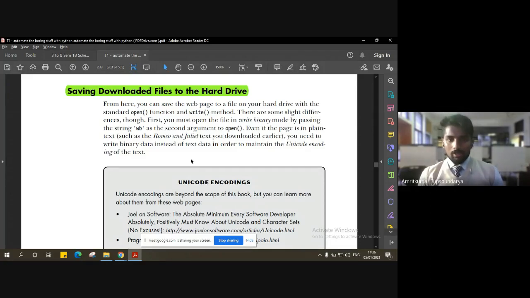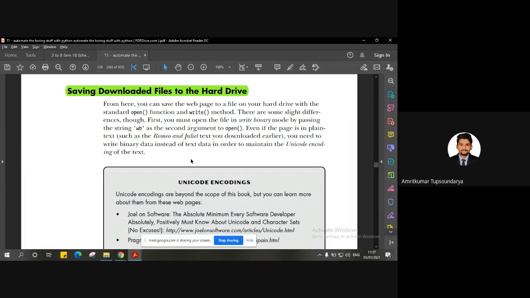Can we automate this is what we are going to see under this topic, saving the downloaded files to the hard drive. It might make use of some reading operation, some writing operation, opening a particular file, closing a particular file. We have already seen functions like opening a file, reading the content, writing the content, and then closing the file. Hope you remember the concept from module 2. Similar functions and methods are what we are going to use here to save the downloaded files from the web page to the hard drive.